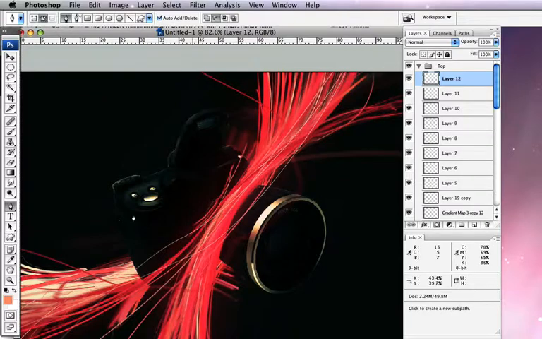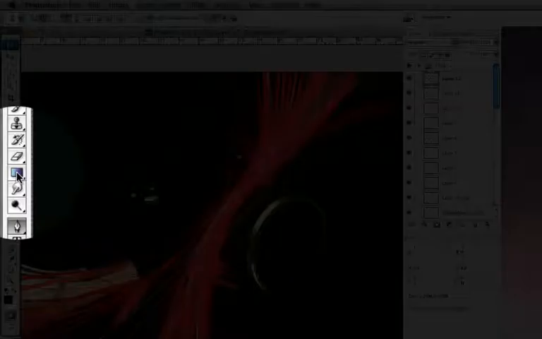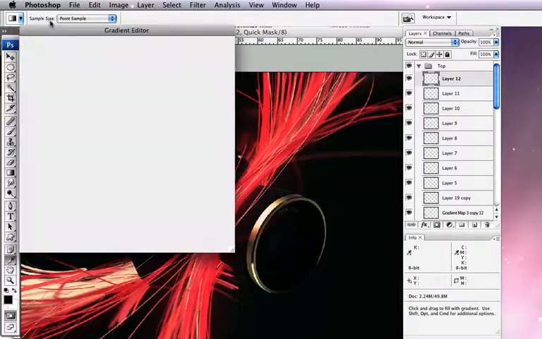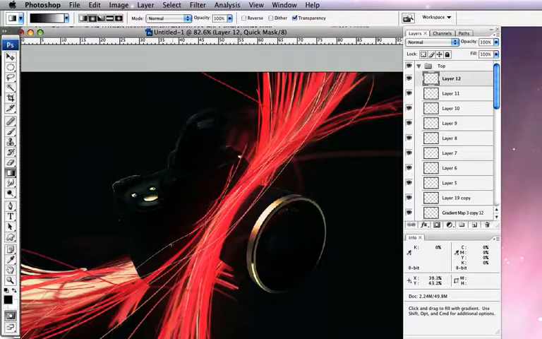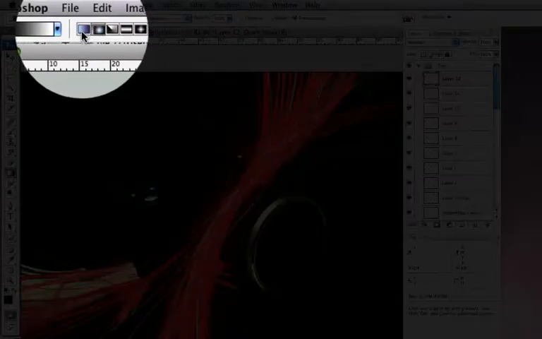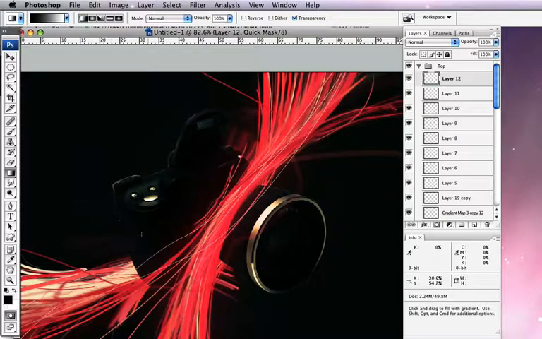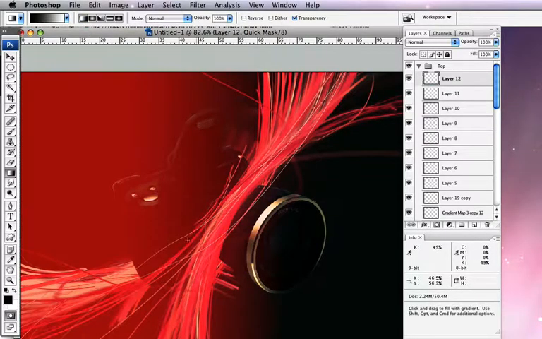Then we're going to go into quick mask mode, and we're going to use a gradient. Let's go from black to white, and let's just draw it across the middle. Make sure you change the setting back from the radial to the linear, and again draw that across the middle